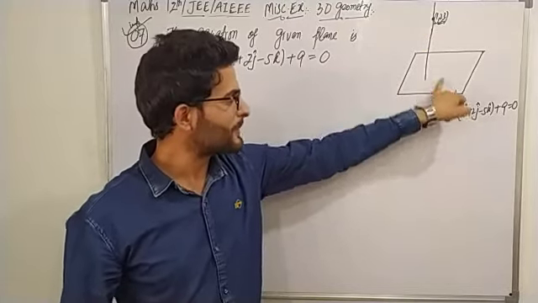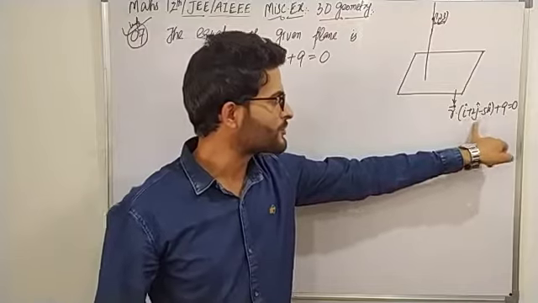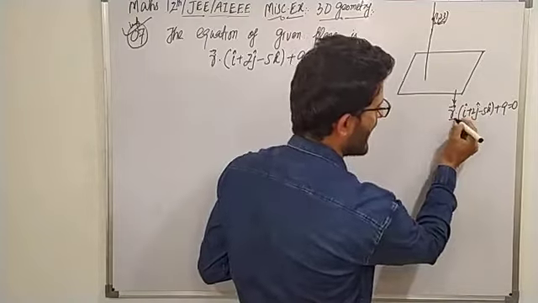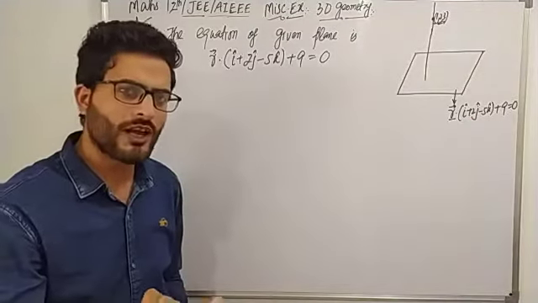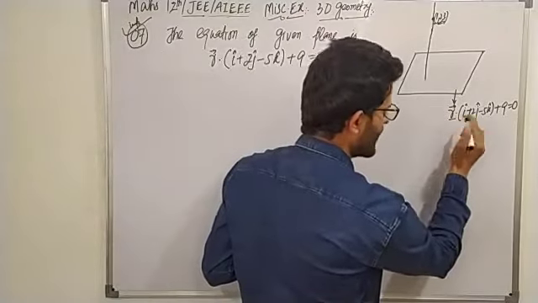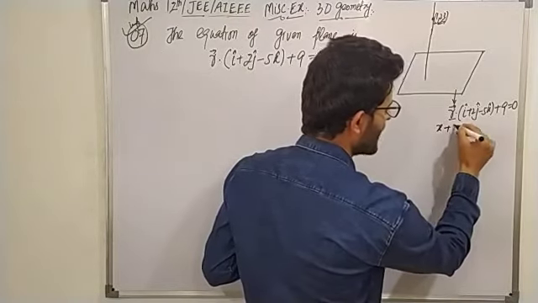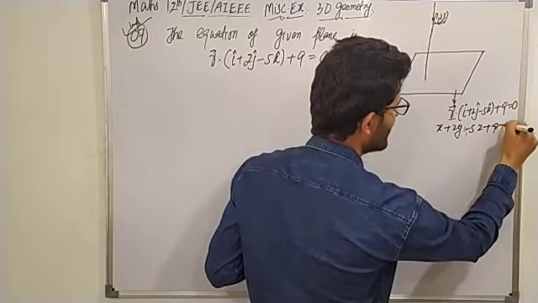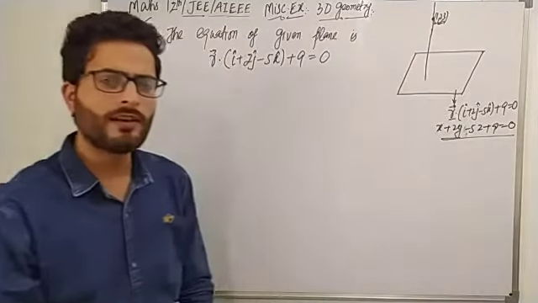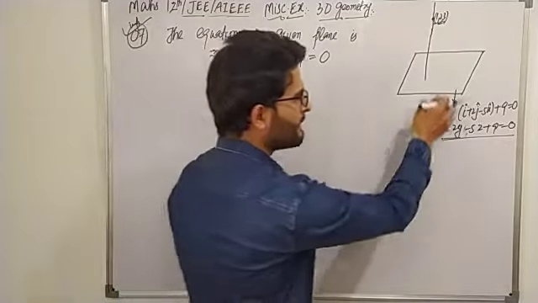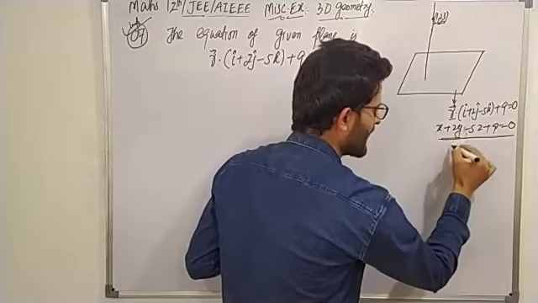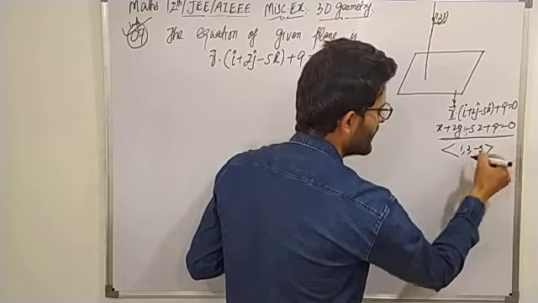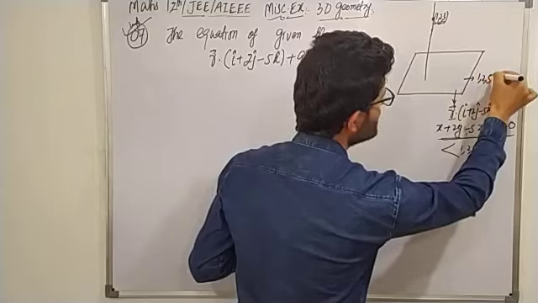देखो स्टूडेंट्स, इस प्लेन की वेक्टर इक्वेशन है r dot i plus 2j minus 5k plus 9 is equal to 0। तो इस प्लेन की कार्टेशियन इक्वेशन क्या बनेगी? r वेक्टर का वैल्यू क्या होता है, xi plus yj plus zk। अब डॉट प्रोडक्ट कर दो, x into 1 that is x plus y into 2 that is 2y plus z into minus 5 that is minus 5z and plus 9 is equal to 0। ये इस प्लेन की बनेगी कार्टेशियन इक्वेशन। तो इस प्लेन के एटीट्यूड नंबर क्या होंगे? ordered three tuple of a, b, c that is 1, 2, minus 5।